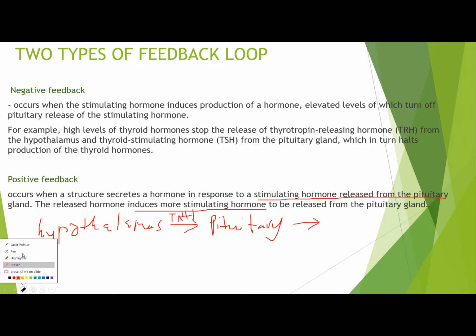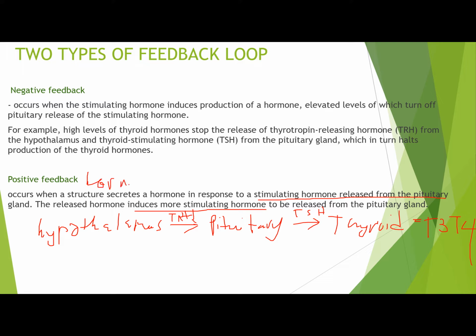And thyroid would create more T3 and T4. So yun yung positive feedback. Basically, ang purpose ng positive feedback, a hormone causes creation of more hormones. Kapag naman negative feedback class occurs when the stimulating hormone induces production of a hormone, elevated levels of which